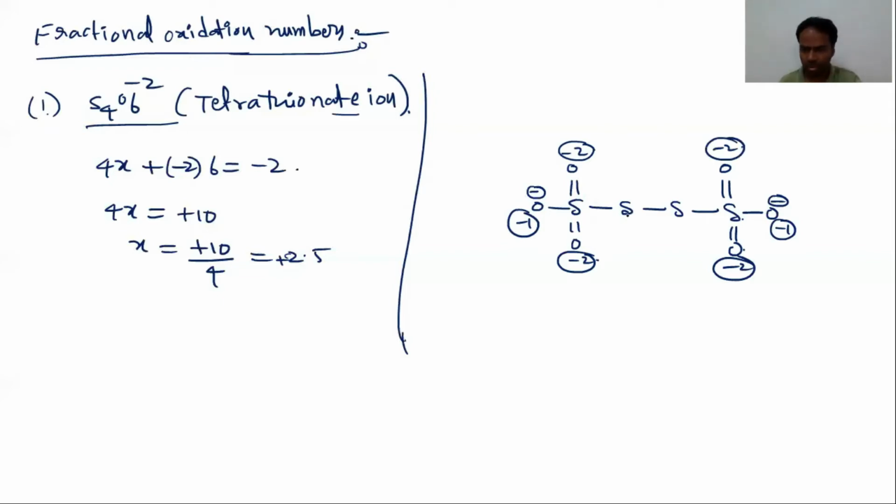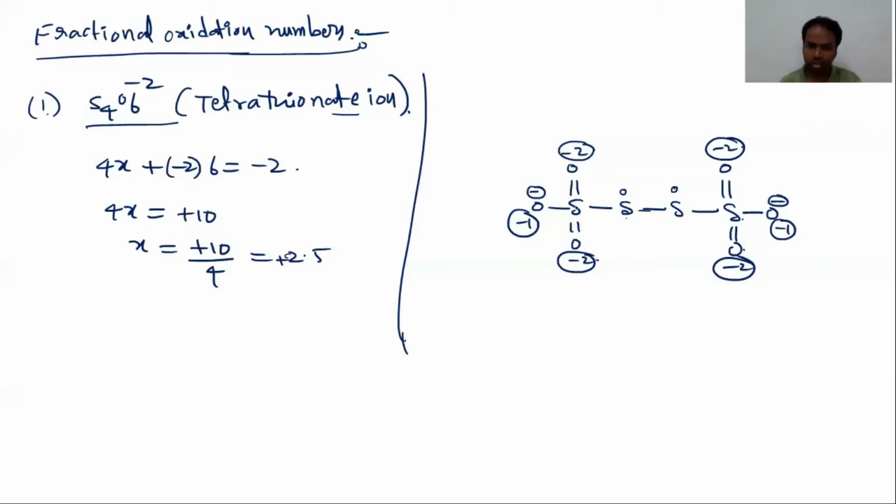Between 2 sulfurs, for example if we take this sulfur, around this sulfur 2 bonds are there. On the left side is a sulfur and on the right side also a sulfur. Between 2 similar atoms, there is no distribution of charges, because they equally share the bonded pair of electrons. That's why there is no creation of charges. Then what is the oxidation state of the sulfur? 0, because this side sulfur, this side sulfur, no losing or gaining of electrons between 2 similar atoms. So the charge of this sulfur is also 0.